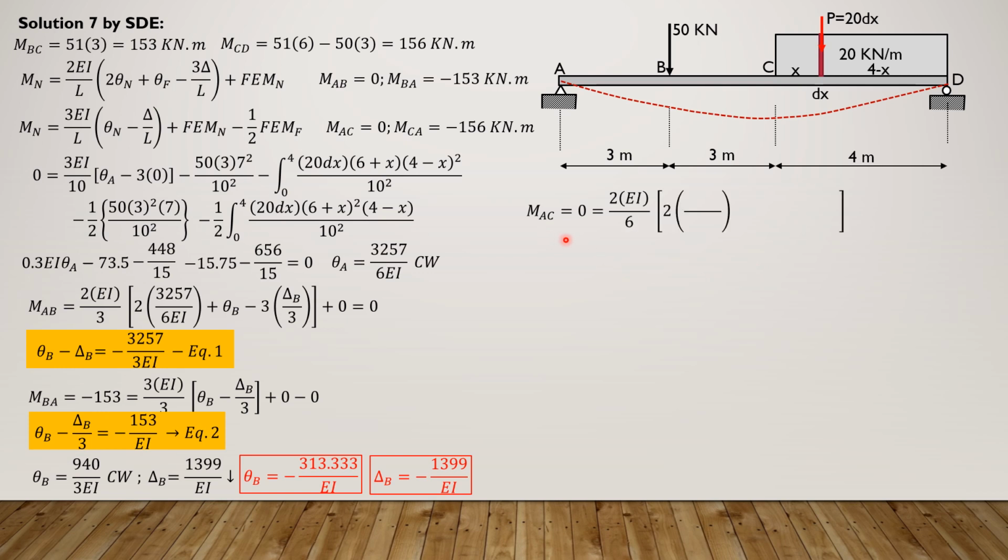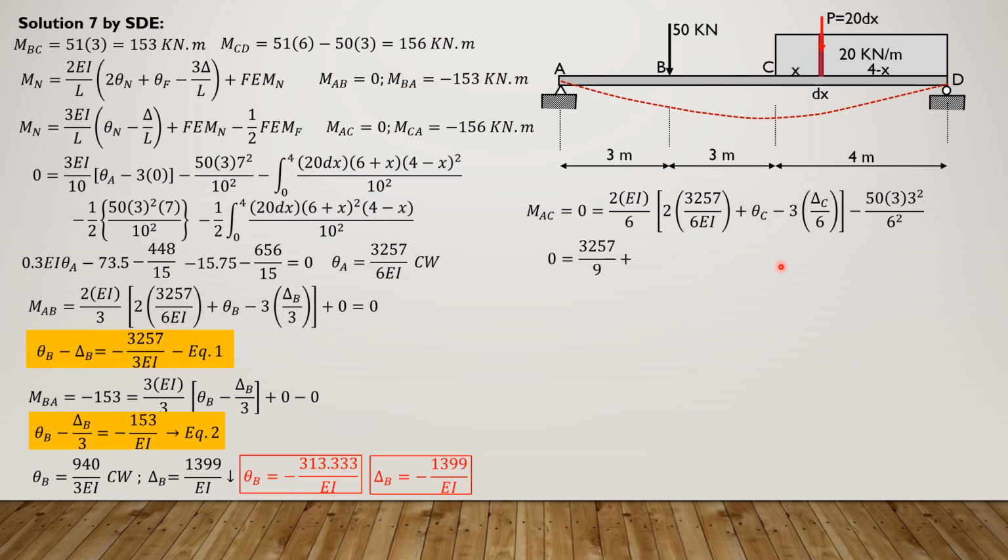Moment AC is 0, and because there is moment at C, so we use 2 EI over L, so 2 EI over 6. Distance between AC is 6. 2 times theta A plus theta C minus 3 delta C over 6. Then fixed moment is negative 50 times 3 square over 6 square. That's the only fixed moment. And simplifying this, we have